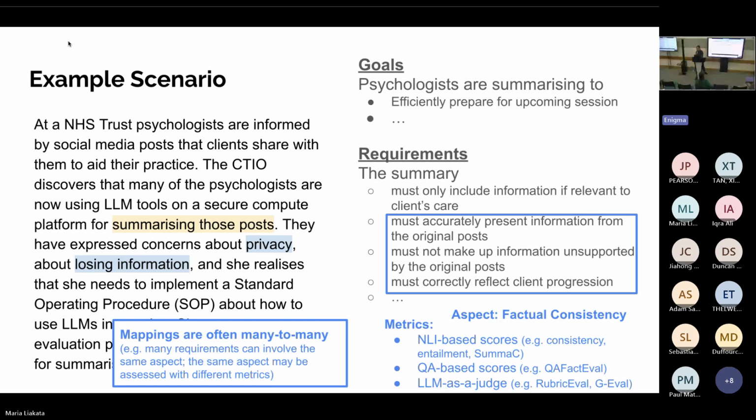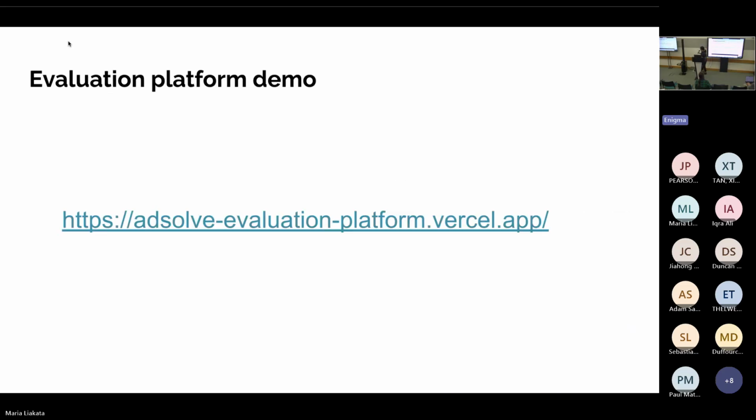And so in short, this taxonomy of different concepts is often a many-to-many mapping. Different metrics can measure related things that tie into different requirements and goals. And the evaluation platform is an effort to organize this and present it in a way that's easily digestible.